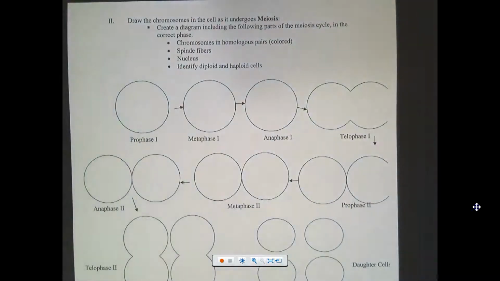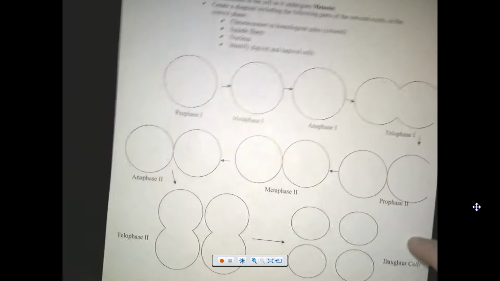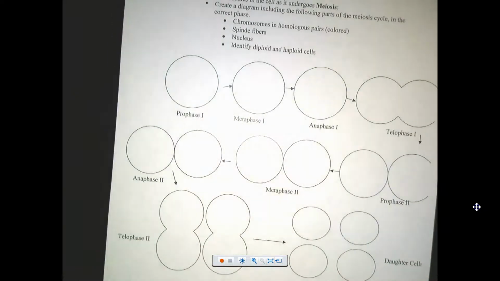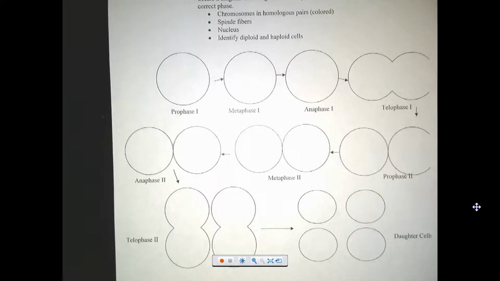All right, so up here, this document right here, we're going to go through and draw what is happening during all the stages of meiosis. So we're going to begin with prophase. The stages that are going on through this process are the exact same stages that happen during mitosis, right? The whole thing is going to go through prophase, metaphase, anaphase, and telophase. All of those steps and stages, the same events occur during meiosis as they do during mitosis. But there are a few differences between the different phases, and so I'm going to highlight those as we go